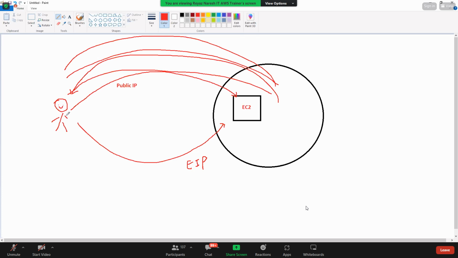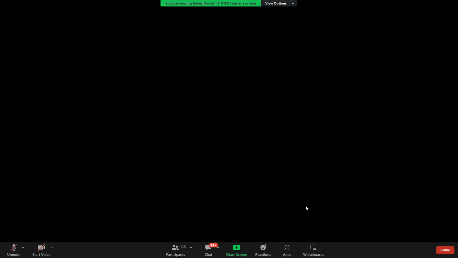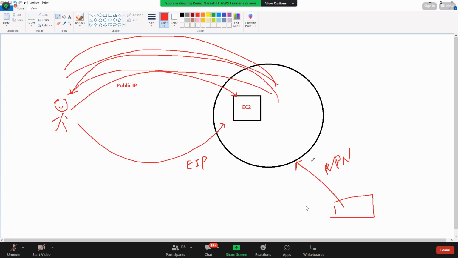Is it recommended that the customer connects directly to the EC2 instance with the public IP and elastic IPs? No. So where should they connect? Basically, from the company, he should be able to connect to your private IP. So with what? You have VPN. With VPN, you will be connecting to the private IPs. But remember, the customer is never interested in connecting to your EC2 instance directly. He will be accessing your application. Will he connect to your EC2 instance? What is the use? There is no use.